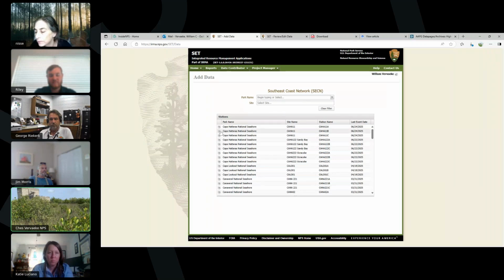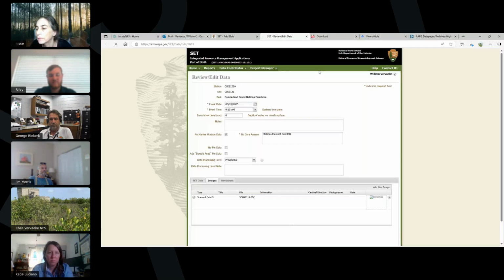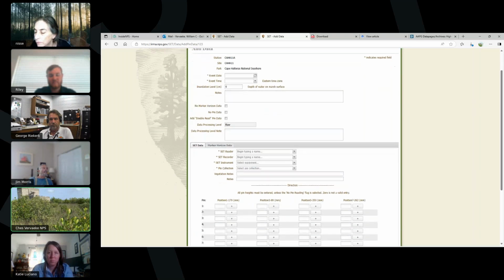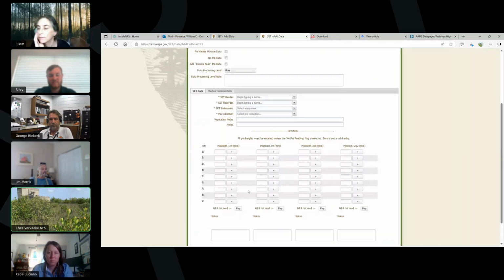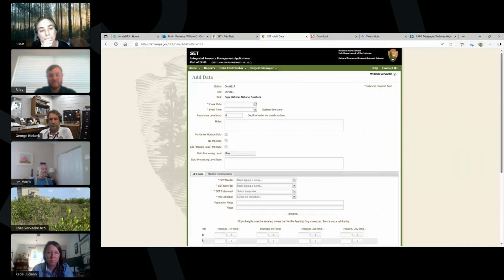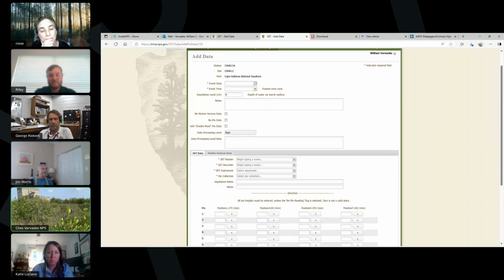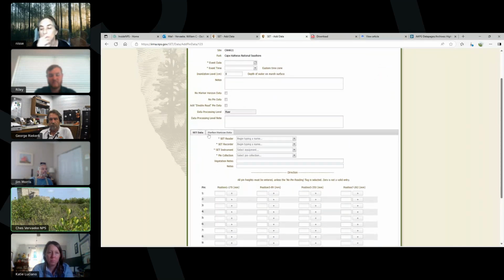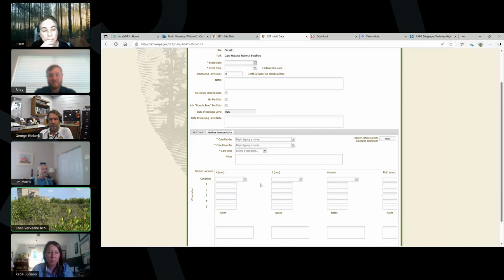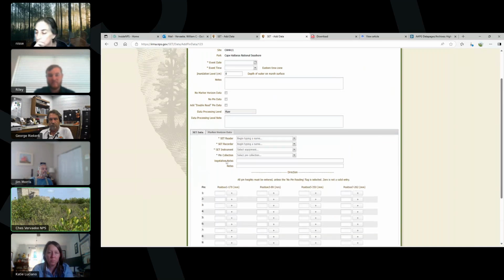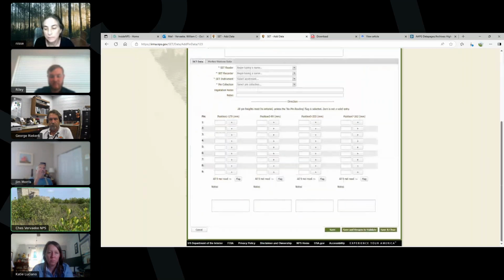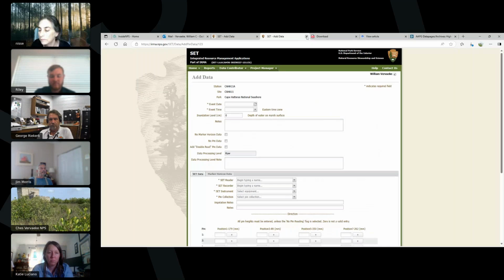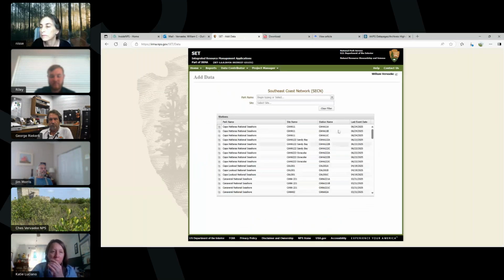To add data, yeah, that's fine. You go in here and you can add your data. This is at a site I have at Cape Hatteras. You can go in and add your data. We have Mark Horizon data, so everything's in there. You just go down and check and add the data. And then after you add the data,